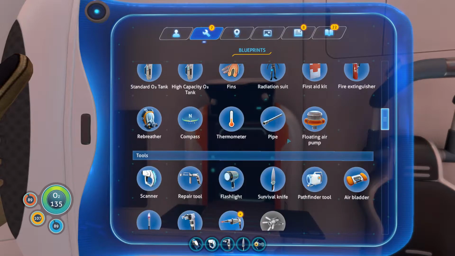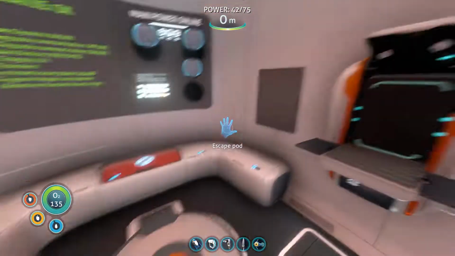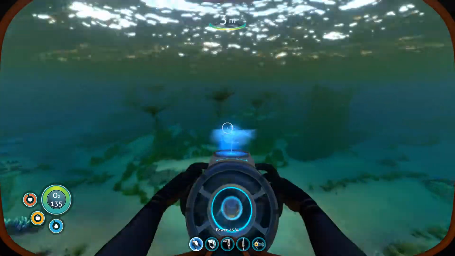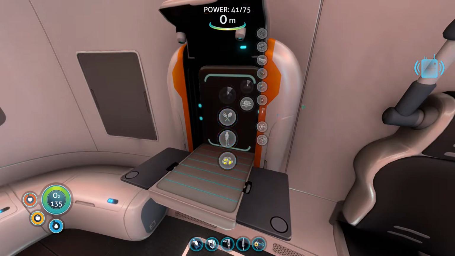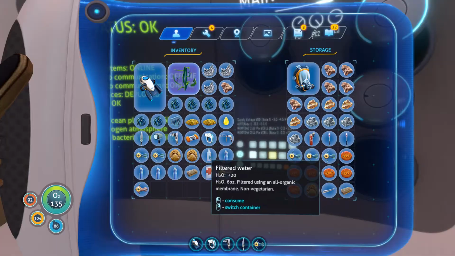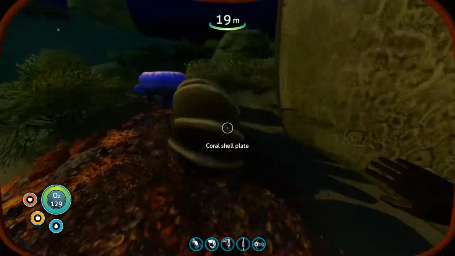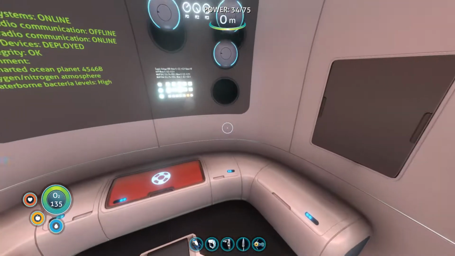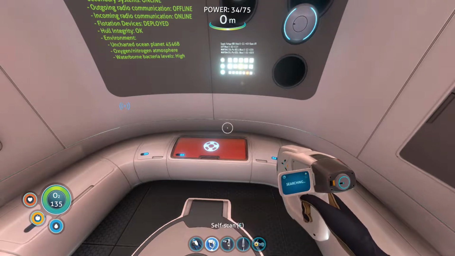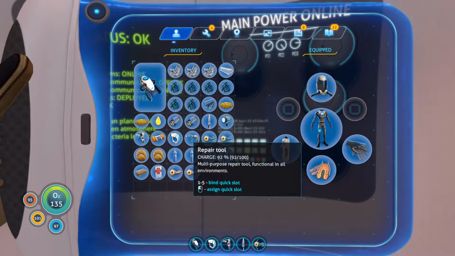Okay, so we'll jump in our blueprints here and we'll have a look for Seamoth. We need a power cell, so I gotta get 2 batteries. And some fiber. Okay, now here's a little trick. My Seamoth is at 43% power. My scanner's at 62%. These batteries are both at 100, but it doesn't matter if I have 100% or 0%